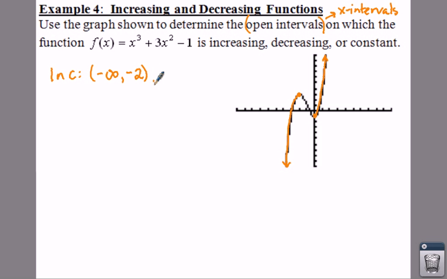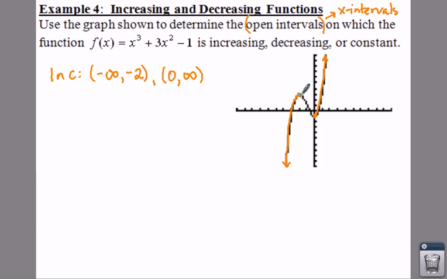And then you also have the interval where it starts here, where x is equal to 0. And it continues going up. Okay, the y's keep going up, but this graph is going to continue going to the right. So that means your x values go to positive infinity. So you have 2 increasing intervals, which means you're going to have